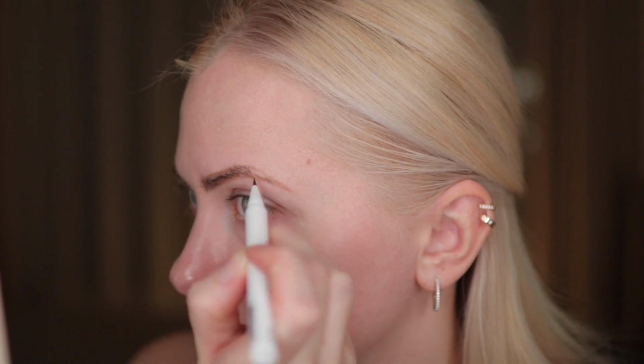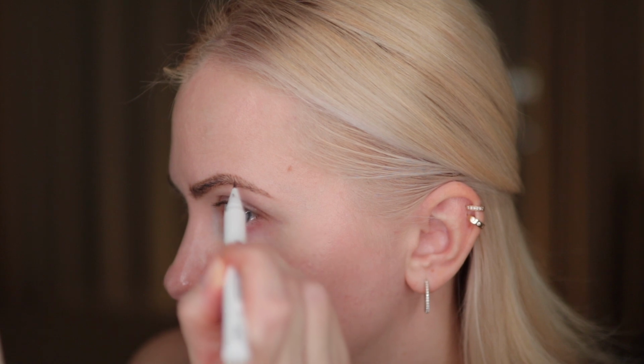First I'm taking the shade Blonde and I'm starting off in the beginning, drawing hairs. Then when I get almost to the center of my brow, I'm taking the shade Brown and I will start to draw the hairs towards the end of my brow. And after I've done the main shape and hairs, I'm taking Blonde again and I lightly draw the hairs